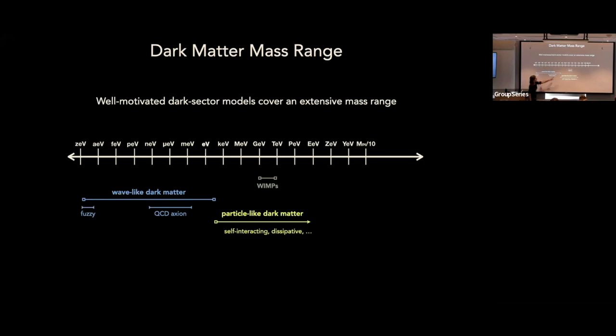If you're below an electron volt, your number densities are so high that the dark matter actually acts like a coherent wave. So when we talk about wave-like dark matter, you might have heard this as fuzzy dark matter or QCD axions. We're essentially talking about this class of dark matter here, where it's acting like a coherent wave. Above this mass range, the particle picture is better. You don't have such high number densities for the dark matter. And so we think of things in this mass range more like particle scattering.